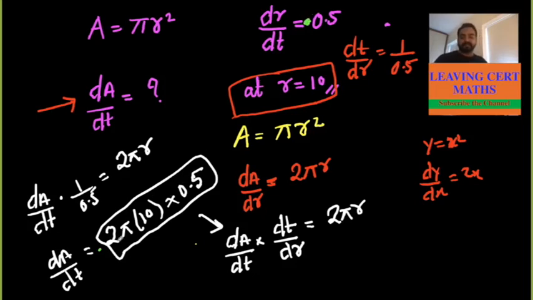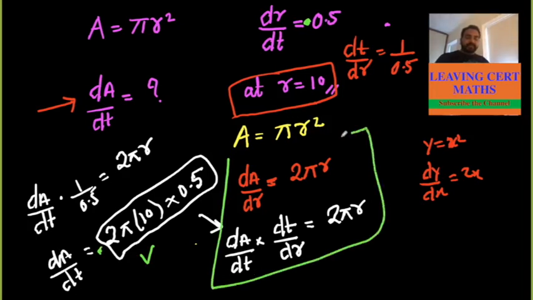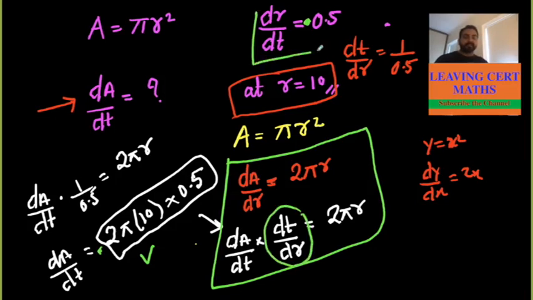Okay, leave that. But this step is very important, this conversion. We are not doing anything extra here. We are just manipulating, because dA over dr can be written as dA over dt multiplied by dt over dr, and this already is given, the reciprocal of this. Does it make sense? If you practice 2-3 questions,